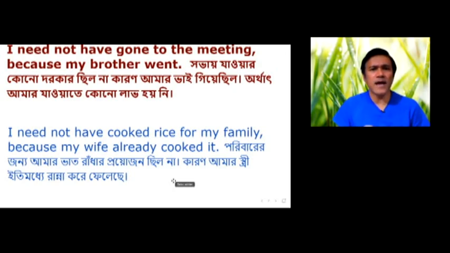I need not have gone to the meeting because my brother went. সভায় যাওয়ার কোনো দরকার ছিল না কারণ আমার ভাই গিয়েছিল, অর্থাৎ আমার যাওয়াতে কোনো লাভ হয়নি। I need not have cooked rice for my family because my wife already cooked it. পরিবারের জন্য আমার ভাত রাঁধার প্রয়োজন ছিল না কারণ আমার স্ত্রী ইতিমধ্যে রান্না করে ফেলেছে।